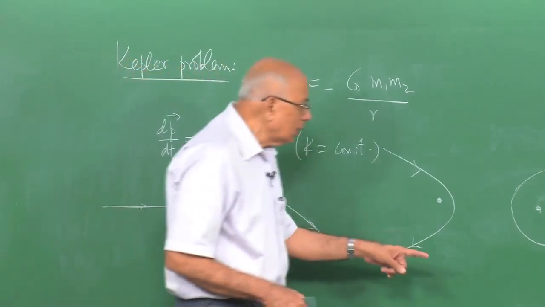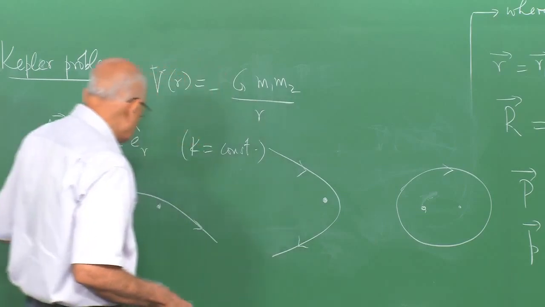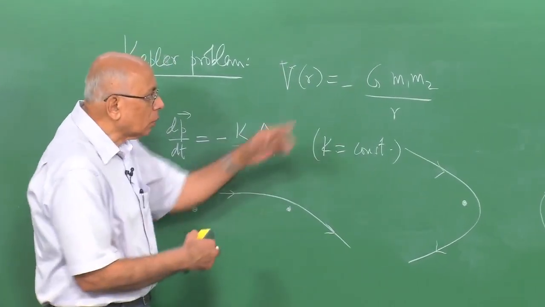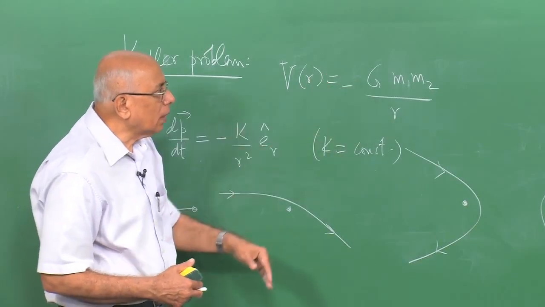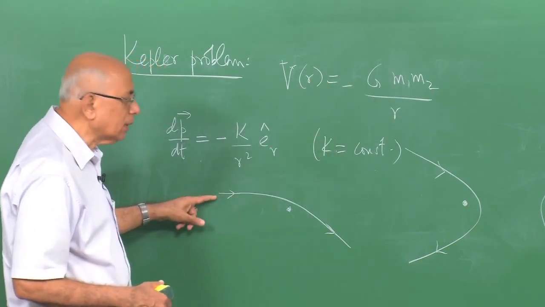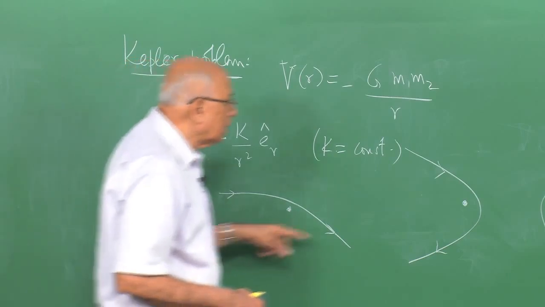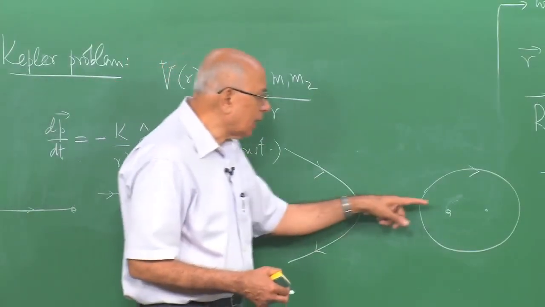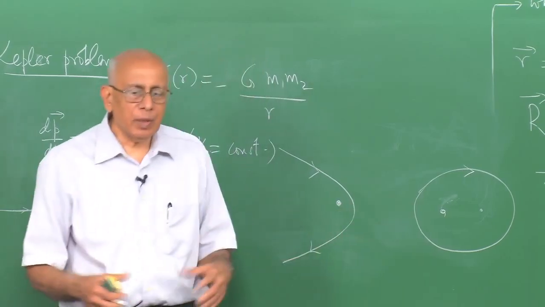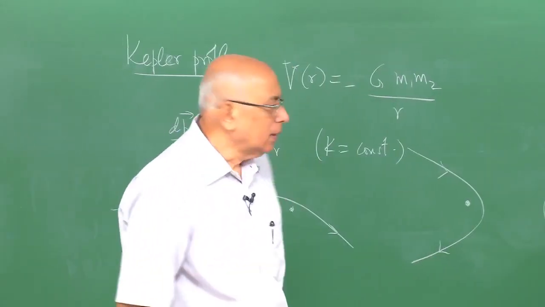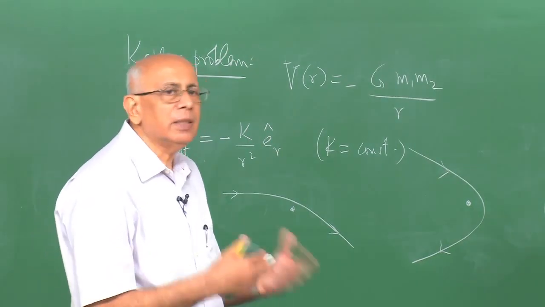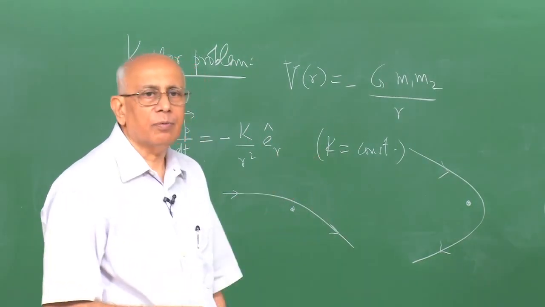So it turns out that in the case of this orbit, the energy of this particle whose coordinate is little r and momentum is p is positive. In this case it is exactly 0, and in this case the energy is negative because it is a bound orbit. So these three cases are distinguished by the value of the energy of this effective particle of mass mu here,